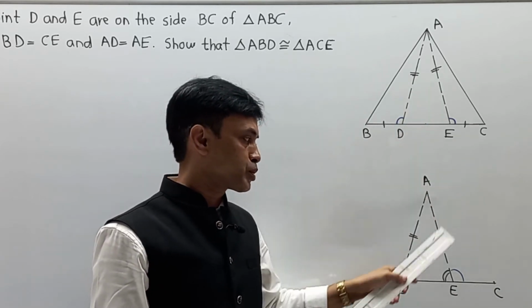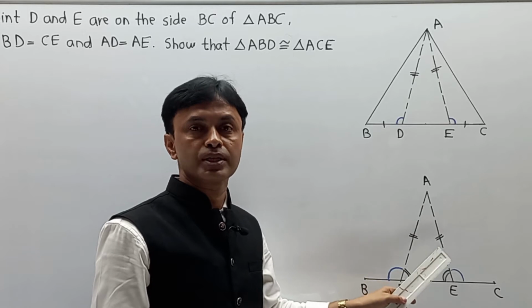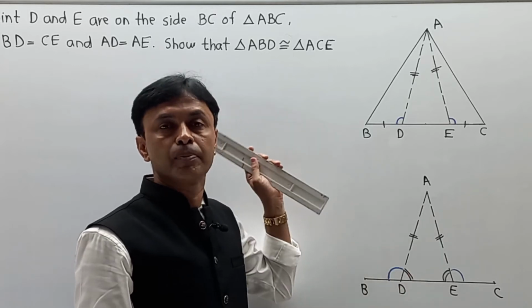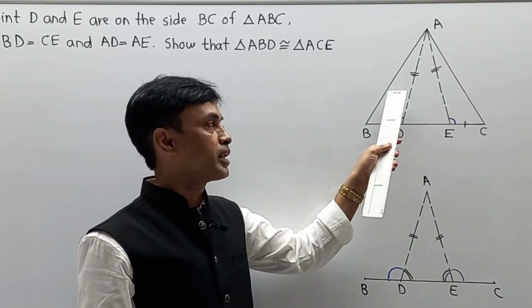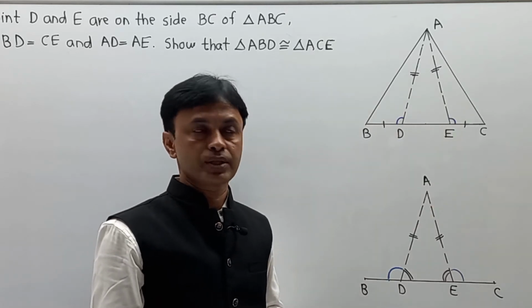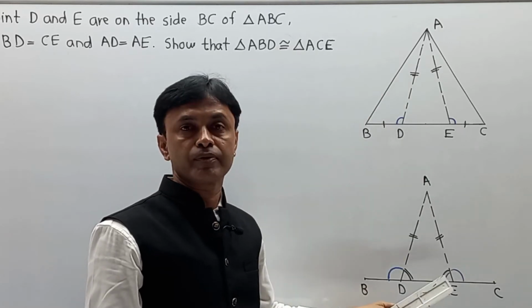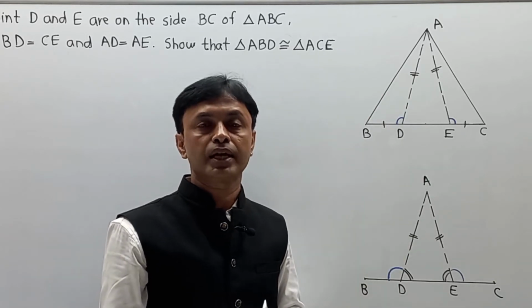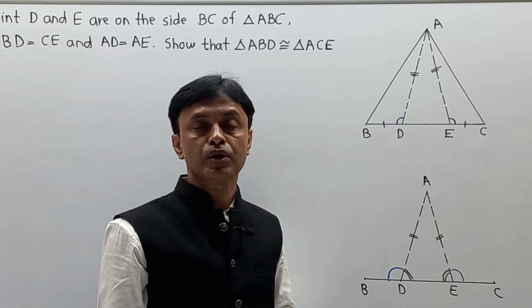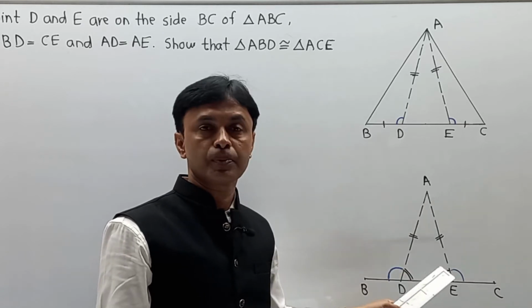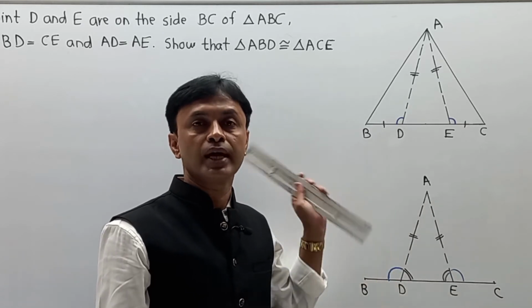But first, from this part we have written, draw this part, and we are going to complete the writing part up to this, and finally we go for the triangles in terms of congruency. Students, when you read the question, first draw the diagram, break up the diagram, and then observe. Then you can understand the writing skills. Otherwise you will not understand. So please follow, draw the diagram in your notebook, and then observe the next part.